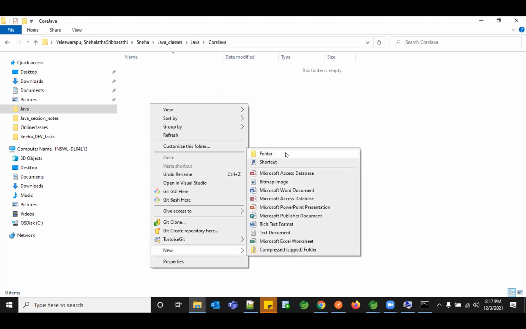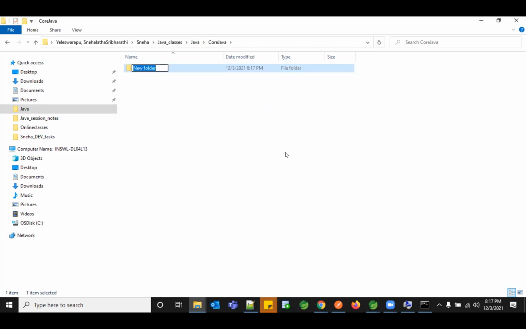So this is just an intro file. Once you get into the concepts, you'll be writing a few more programs, so you might use the same class names again and again. So it's better to maintain a folder on the concepts basis. Today we are just understanding the Java sample program.